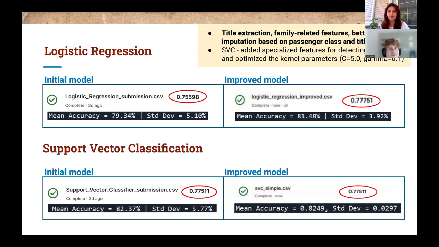Okay. So as you know, I did the logistic regression and the support vector classifier. Logistic regression, although it did score the highest of the two on the Kaggle, was actually the simplest. And it was also the one I started with. It started with just a couple of basic features being taken at face value, not really modified, just extracted and then